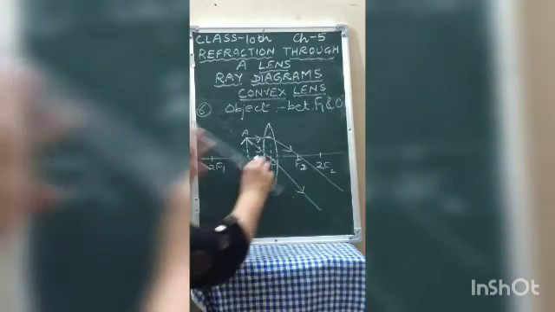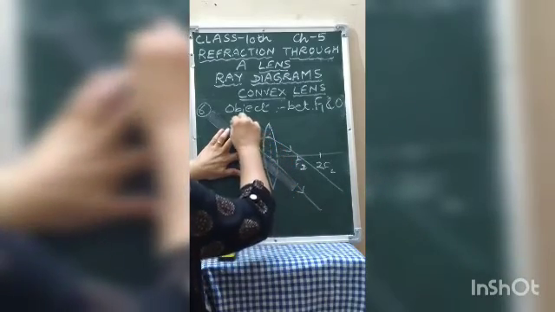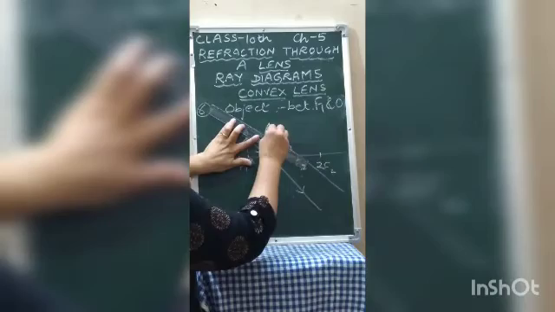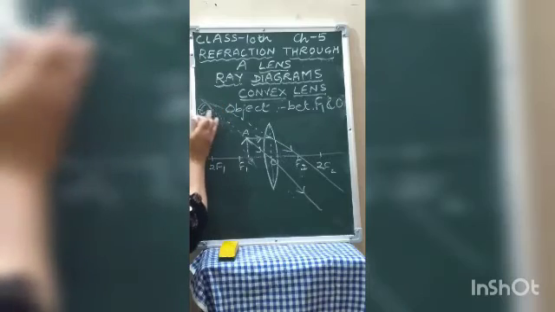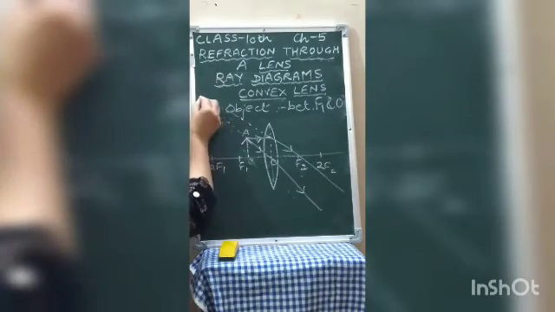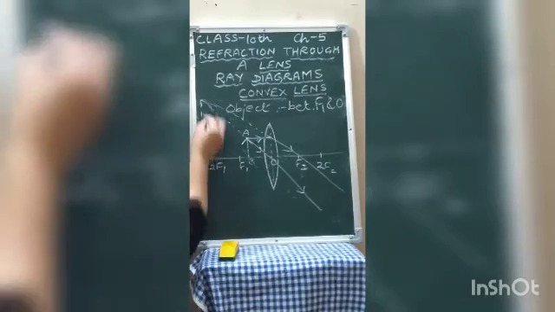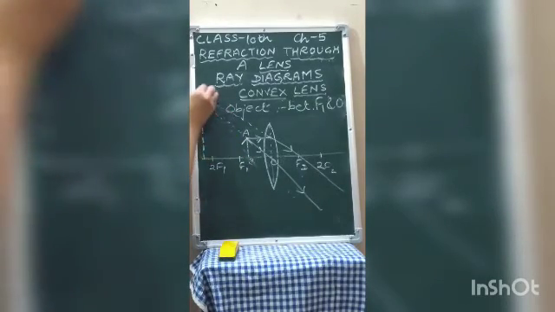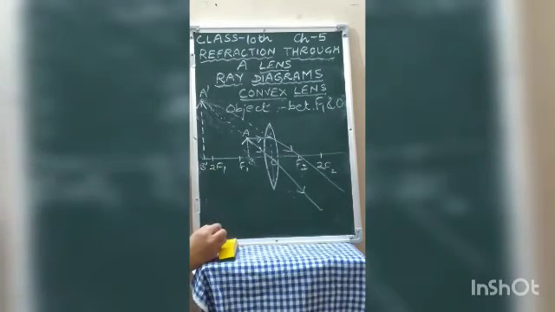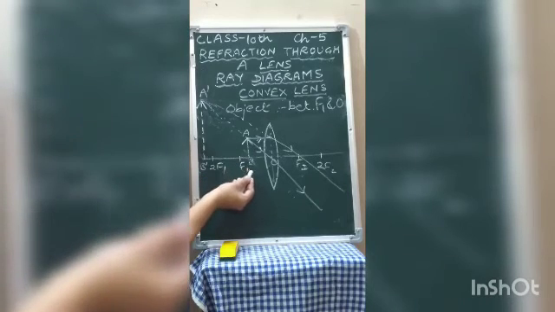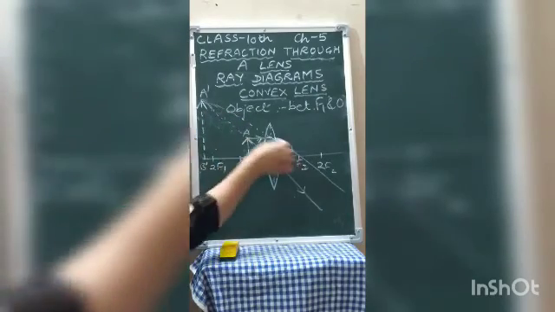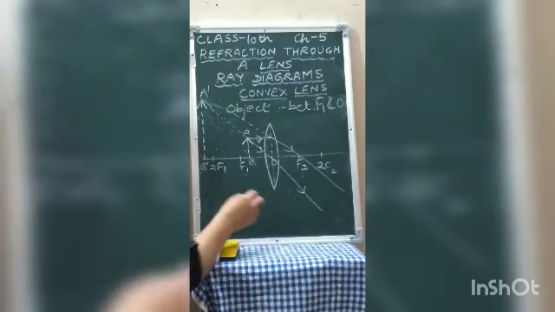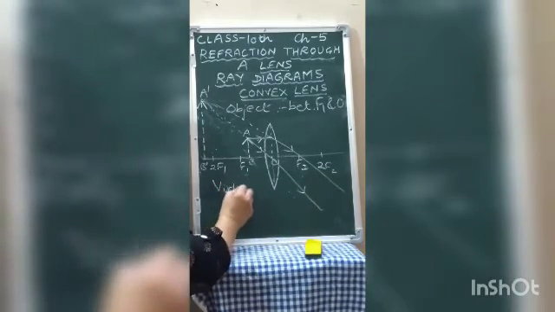But there is one way we can produce them backward. Keep your scale. Produce the rays backwards. So they will meet in front of the lens only, where there is the object. So they are meeting here. So here the image forms A dash B dash. Now you have understood, children, why this case is different. Because here the image is formed on the same side of the object. And it is a virtual image, dotted line, because the rays are not actually meeting. We are producing them to meet at this point. So now the image is virtual.